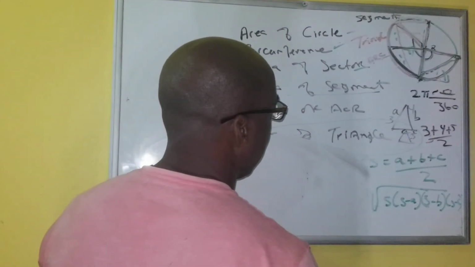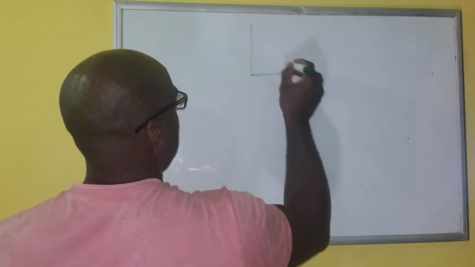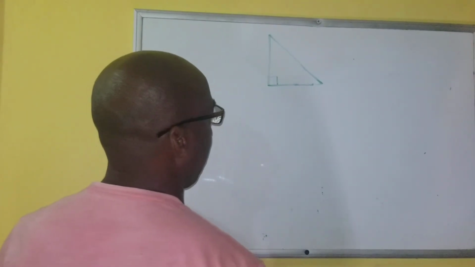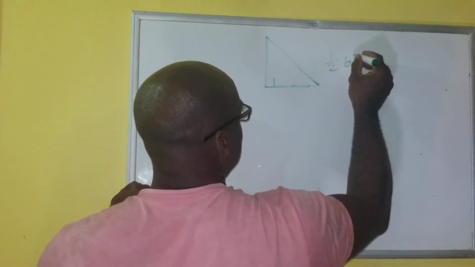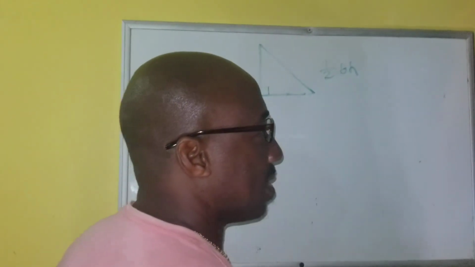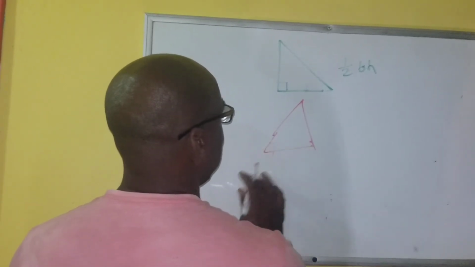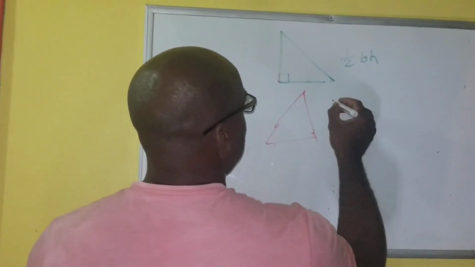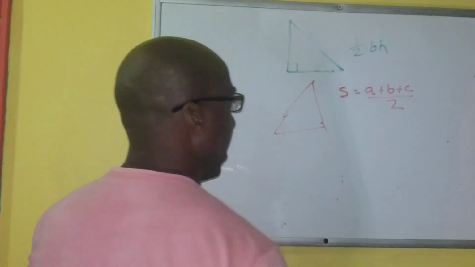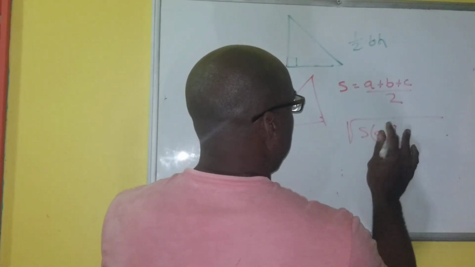Mr. West, can you go over after S equals A plus B plus C over 2? Right, that's the area of a triangle that is a right angle triangle, always denoted by the right angle sign. So it's half base times height. We all know that, right? That's the area of a triangle that's a right angle triangle. But the next one is not a right angle triangle. It is actually S equals A plus B plus C over 2, where the area is equal to the square root of S, bracket, S minus